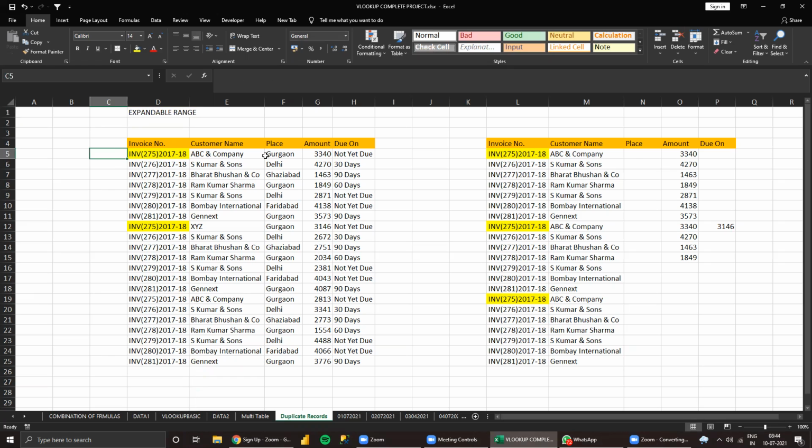Example: when you select this, how many times is this there? Then as I copy paste this range, the count will increase, not count for everything. As I copy, my range should increase and the count also should be according to that.